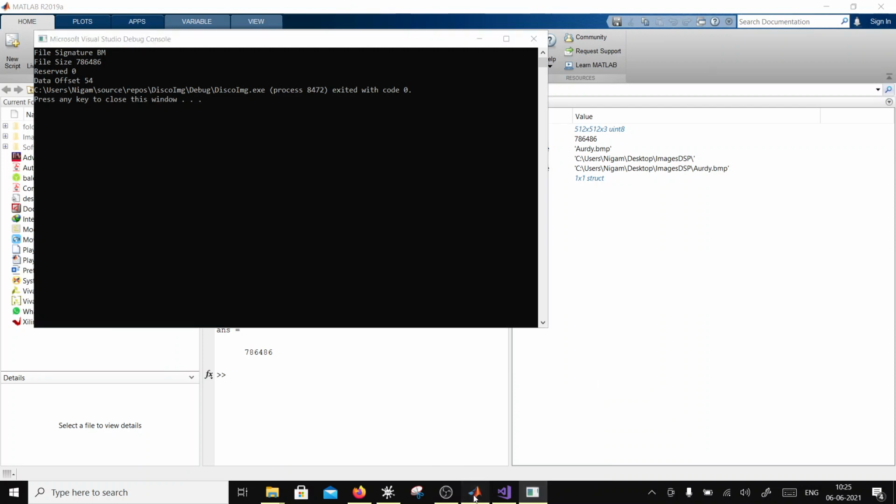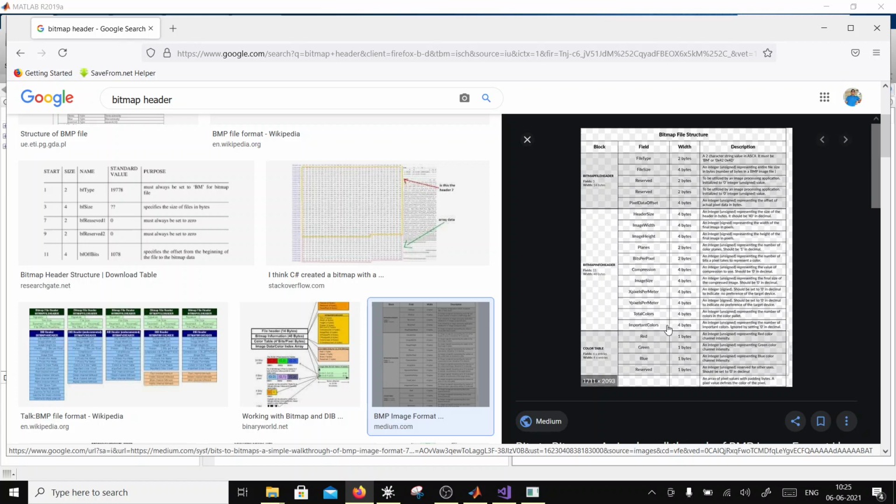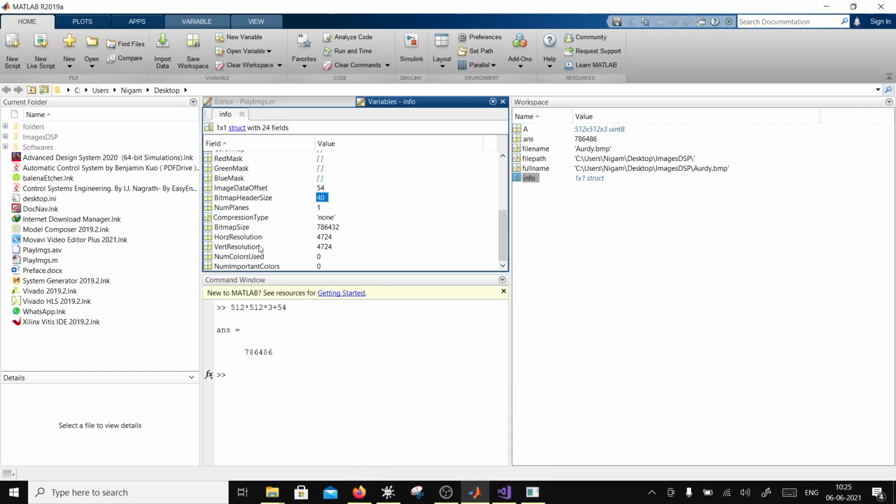Okay, so then the last one is total number of colors and important colors. So you go to MATLAB, it says total colors. Number of colors used 0, number of important colors 0. 0 means all colors, 60 million shades are important.